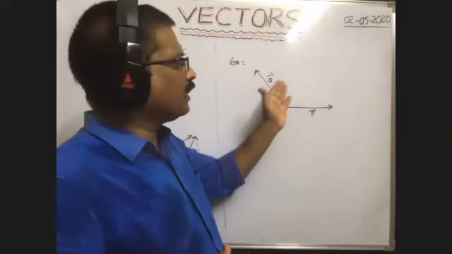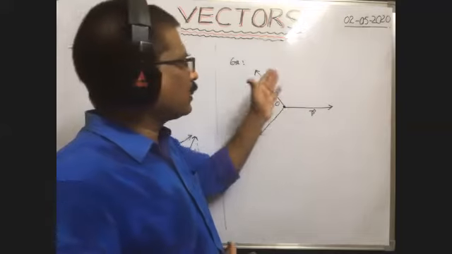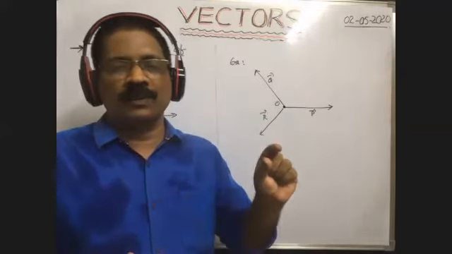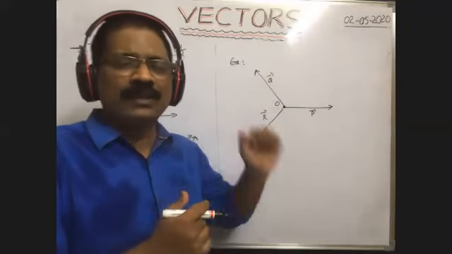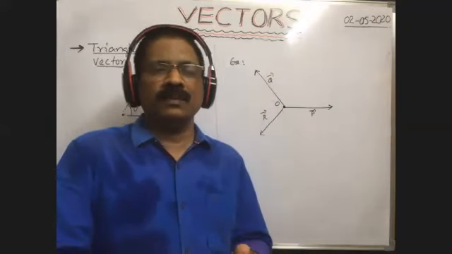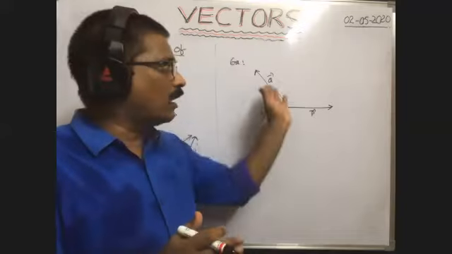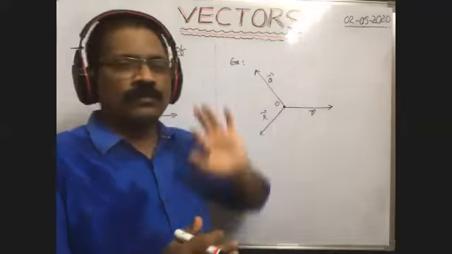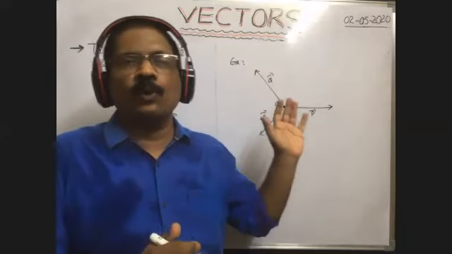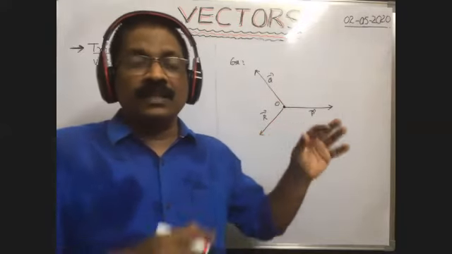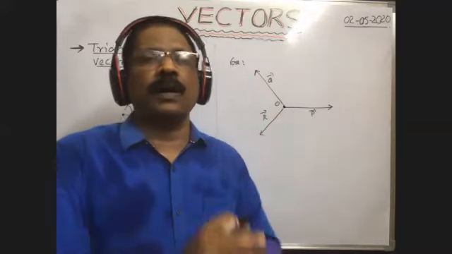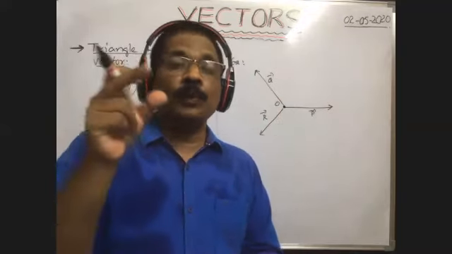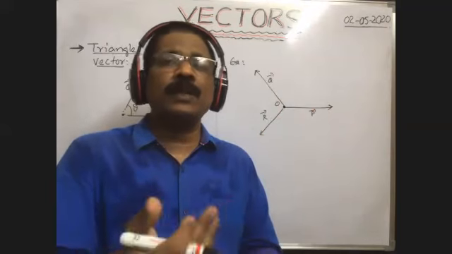Right. Here, when three forces p bar, q bar and r bar act on the same particle, they keep the particle in equilibrium. Is it possible to keep the particle in equilibrium with three coplanar forces? Because all these vectors or forces lie within the plane of the board. That's why these are three coplanar forces. Can three coplanar forces keep the particle in equilibrium? Yes. Three non-coplanar forces can keep the particle in equilibrium.